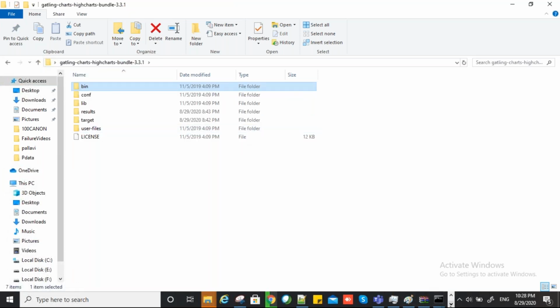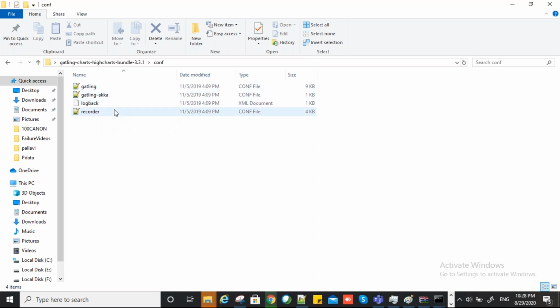Okay, it will open it. I will just show you. Take your time. Now there is a configuration file where we have to configure all the things. So if you see that link,